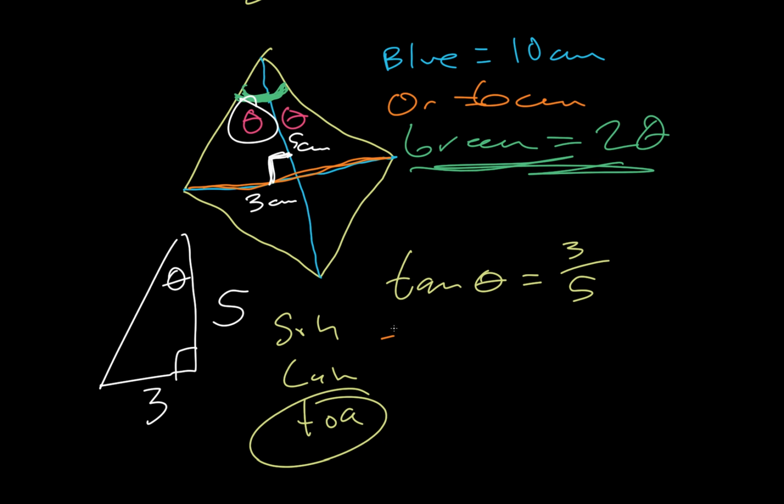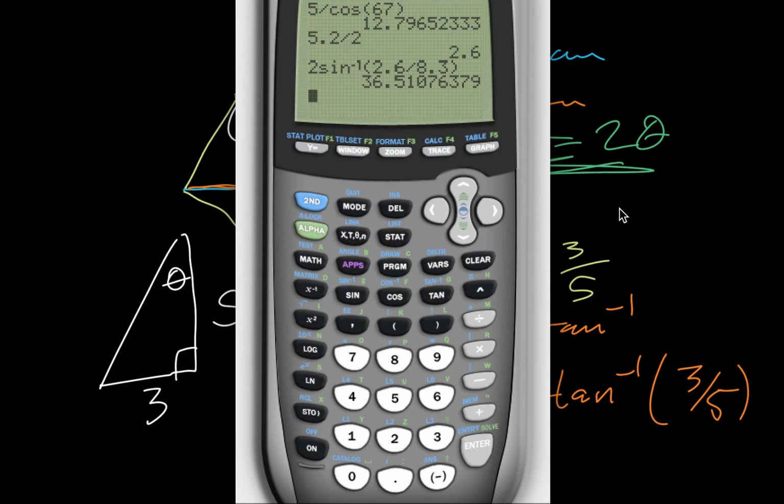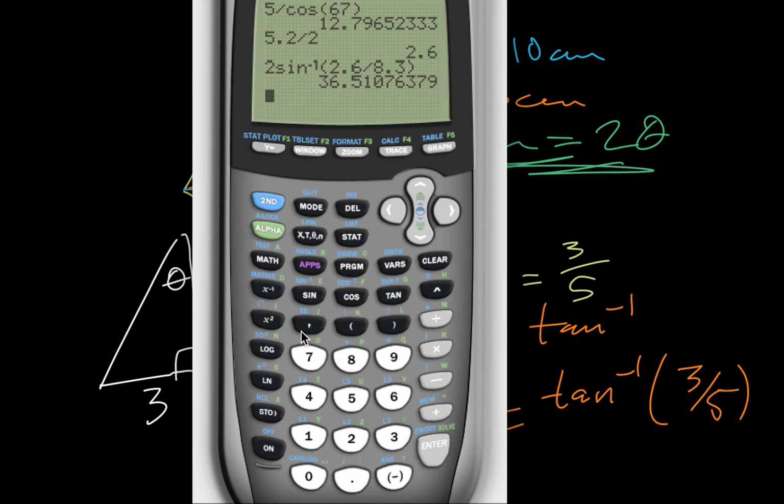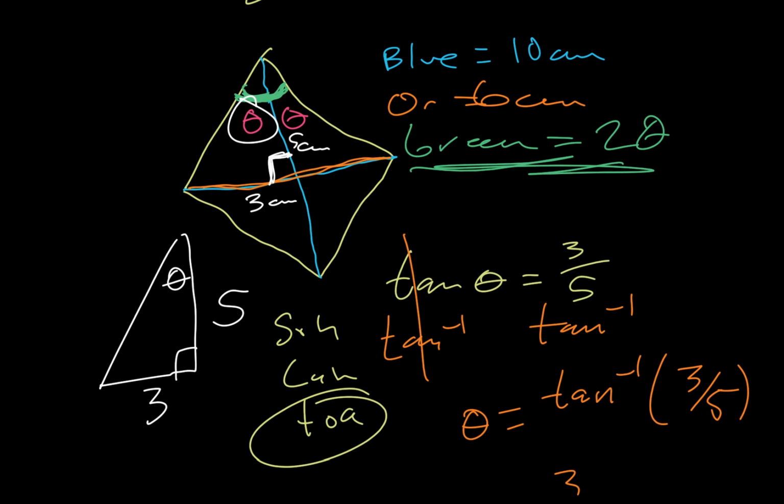We do the inverse tangent of both sides. Those cancel. So theta is equal to the inverse tangent of 3/5. So we go to our calculator, and we say second tangent, 3 divided by 5. And that is